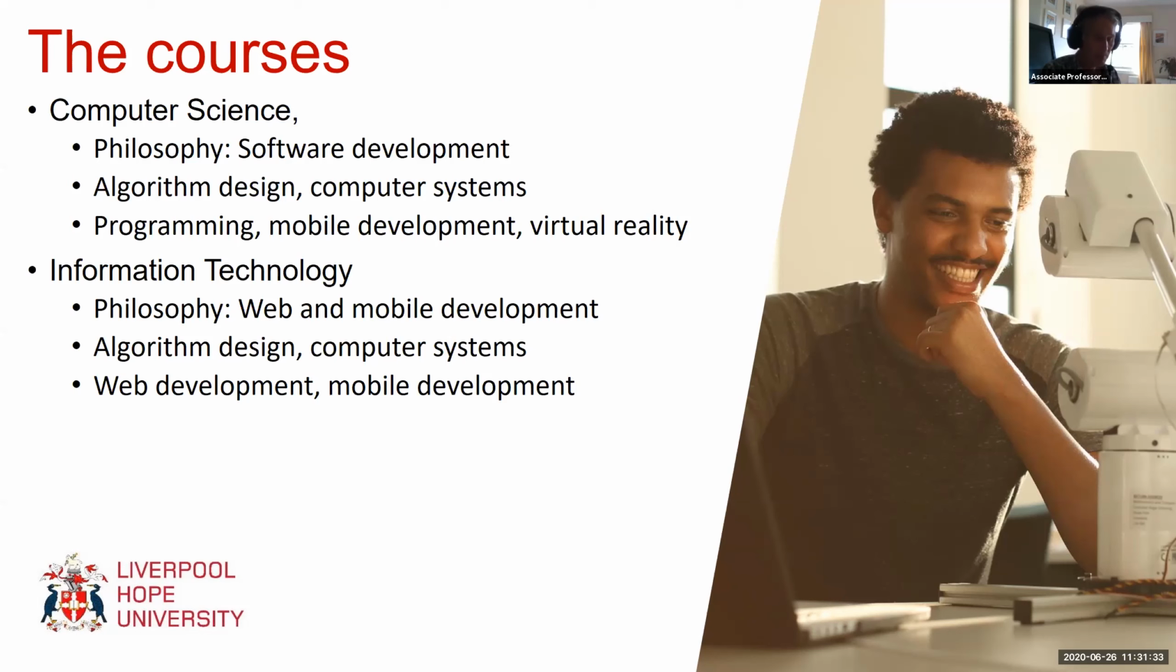But with information technology, again, we start off relatively broad and we get more and more specialized as we go through the 3 years. And the philosophy behind information technology is essentially web and mobile development. Look at how things are being incorporated into the browser and so forth. Again, we look at algorithm design in the first year, essentially through Java again. And in the third year, we look at advanced web development, how the web is being used for lots and lots of other purposes apart from just firing up web pages, how it's being used in a more intelligent way,